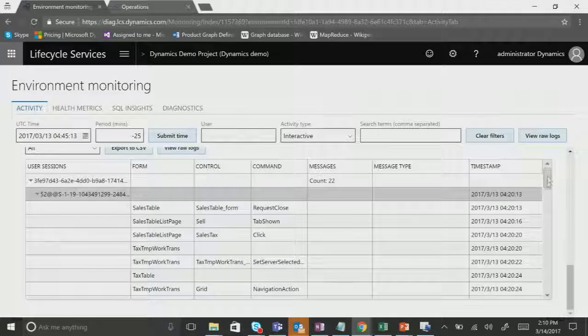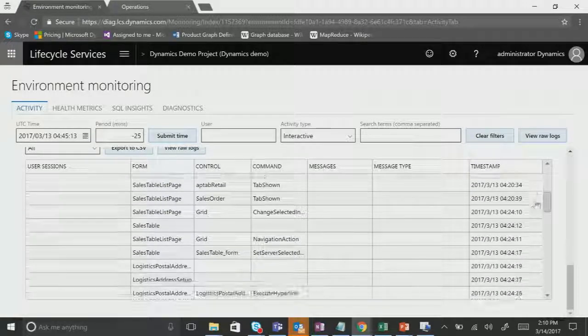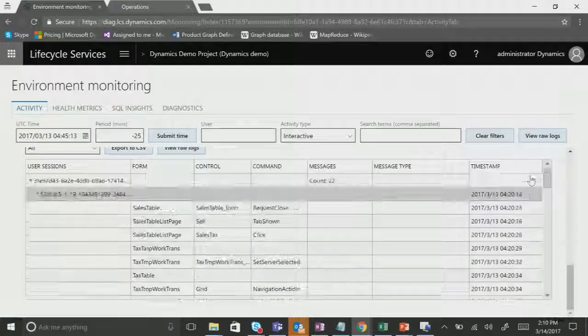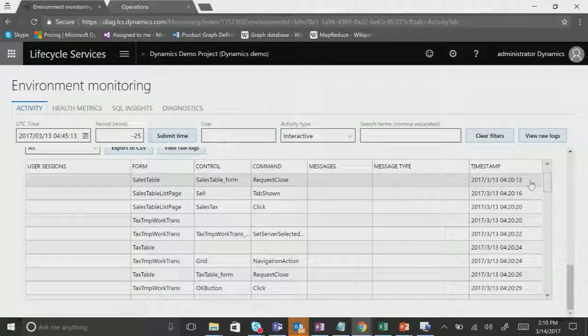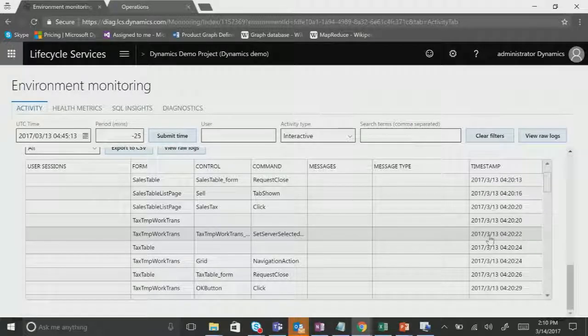Some general trend data, that someone used the sales table list page, we store for like a year. So that's an aggregation of the data, and we do that already. But if you want, you can download this information and store it in your own database for future analysis. To some extent, yeah. That would be a task, but